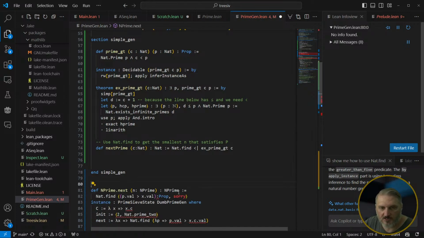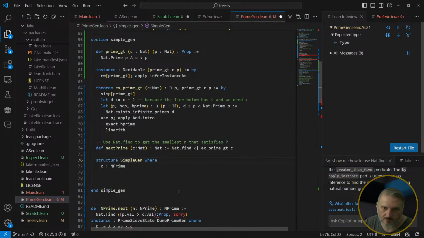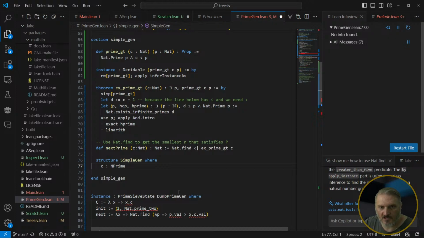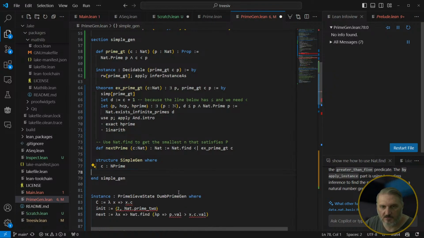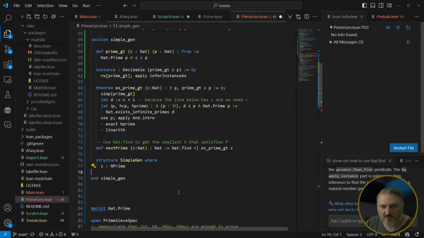Say simple gen. And then in the instance of this,